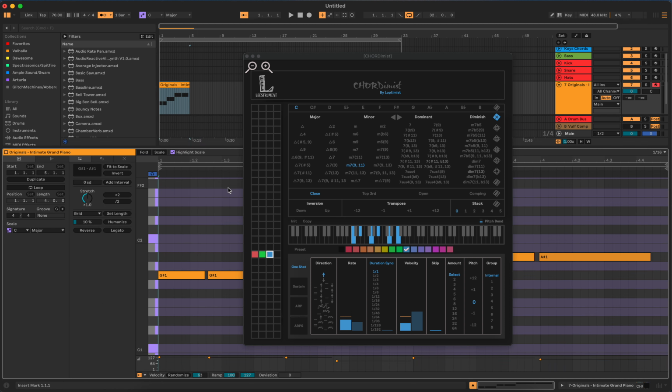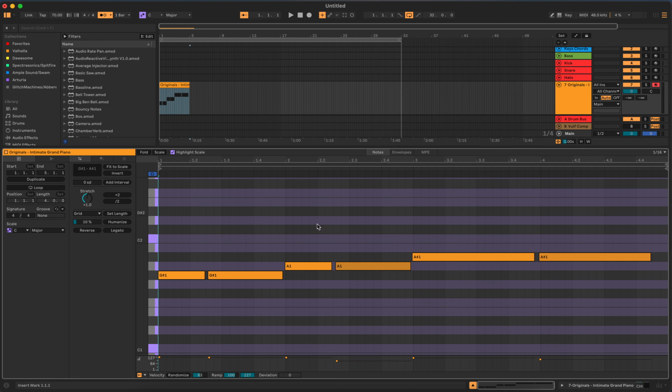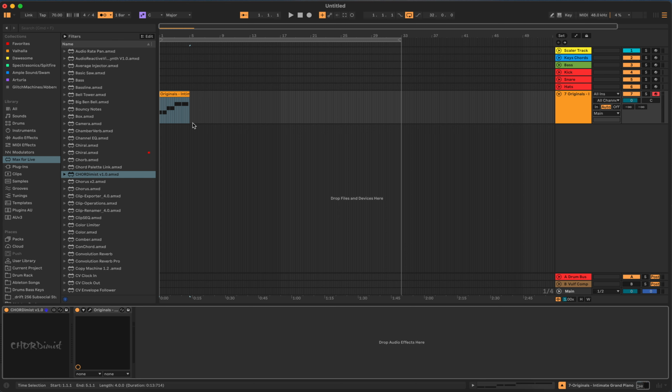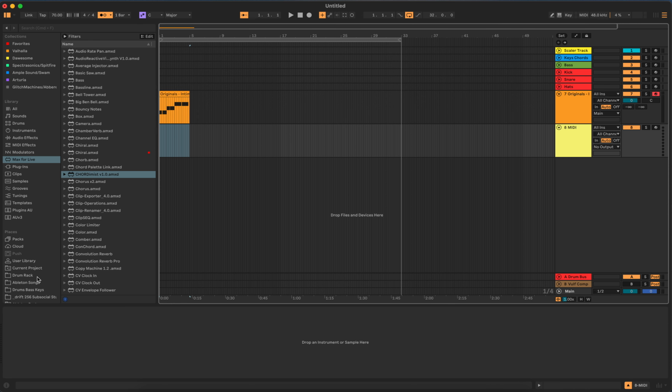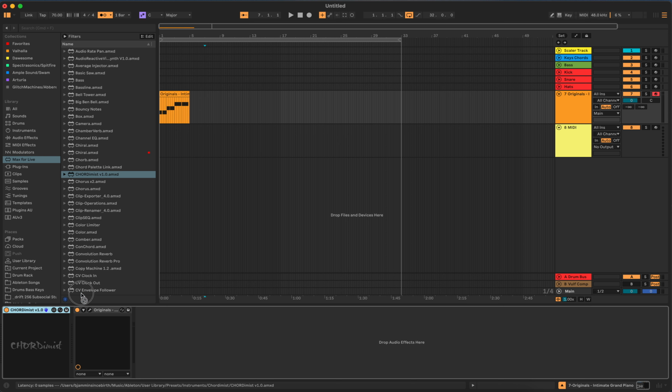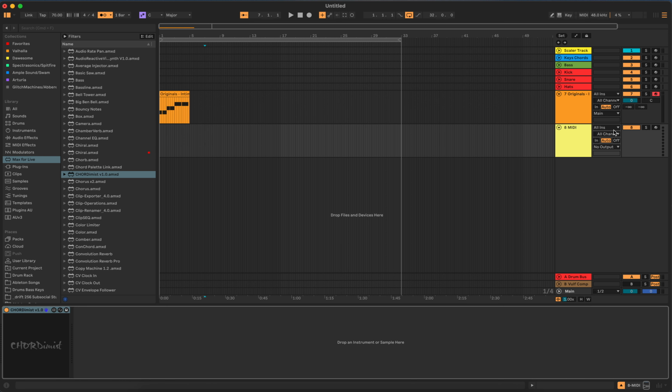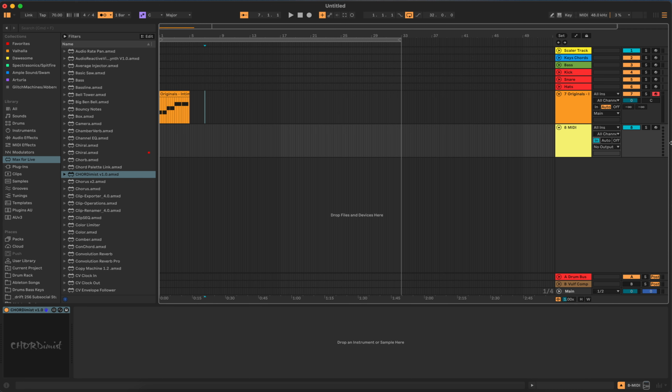Now, if you use this, you'll notice that, let me close it down for a second here, it only plays the single note. This is part of the reason why I don't use it personally. I like it for what it can do, but because I want to see the actual chords, I think to do it, you would have to set up a MIDI track. Let me see if I can do this. Put it on a MIDI track, okay? And then I do like the N here, okay? And then you would have to go to here,